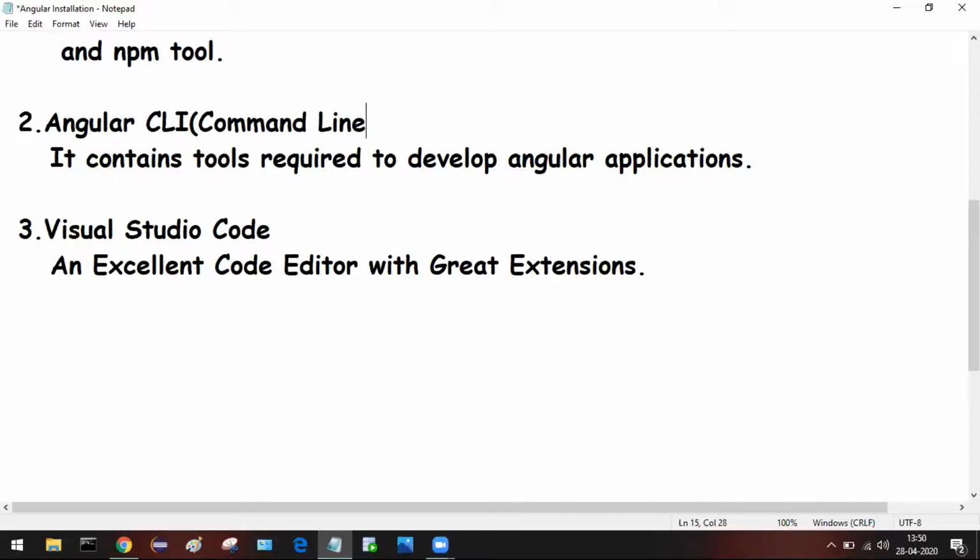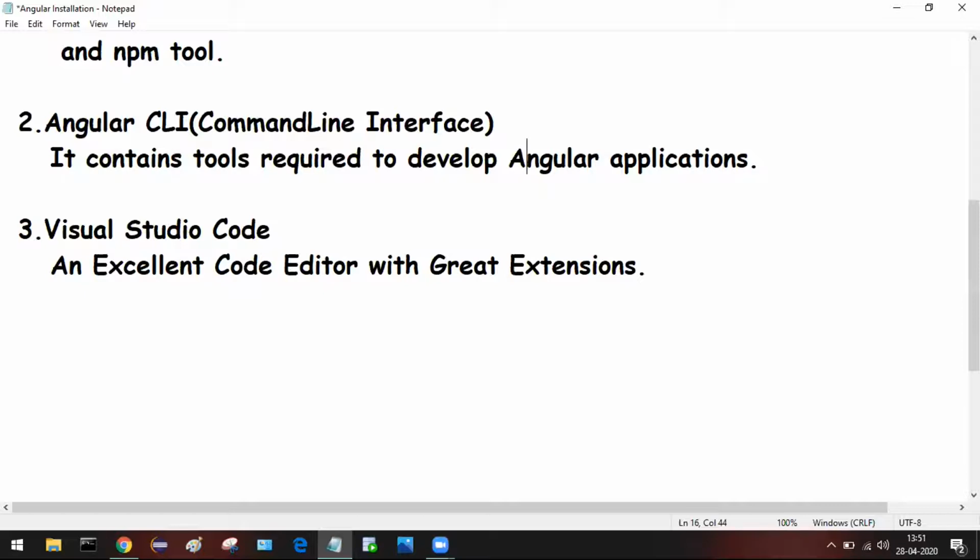Angular CLI contains tools that are required to develop Angular applications.